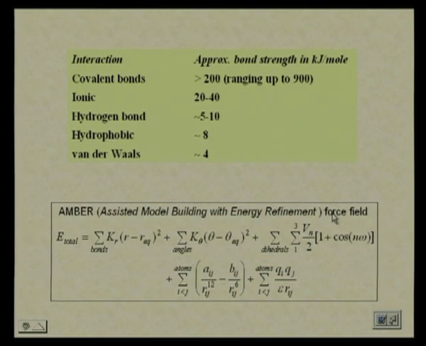I am definitely not going into the details of this because it is beyond this course, but since we consider the different energetic terms, I just want to emphasize that when you are calculating the total energy, you want to find the summation of all the possible variations from equilibrium bond length for bonds,